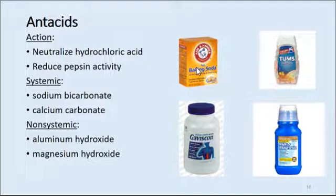It was used for many years. You still will find people. So that's one of the things, if somebody has ulcers or chronic stomach pain problems, ask them what they do, because many people do the baking soda, which is sodium bicarbonate. And sodium bicarbonate is absorbed into the body systemically, so many side effects with this: increased or excess sodium, causing hypernatremia, elevated sodium, water retention, metabolic alkalosis because they have too much